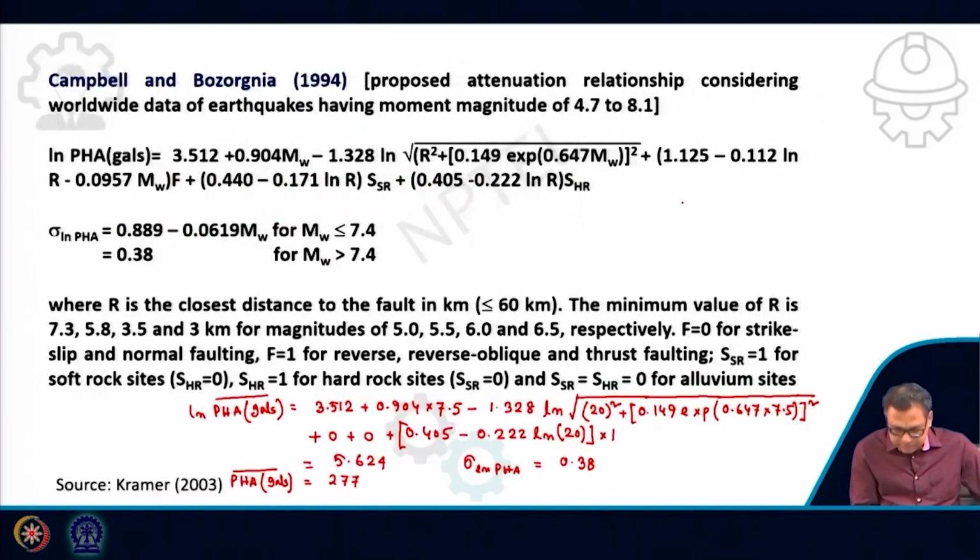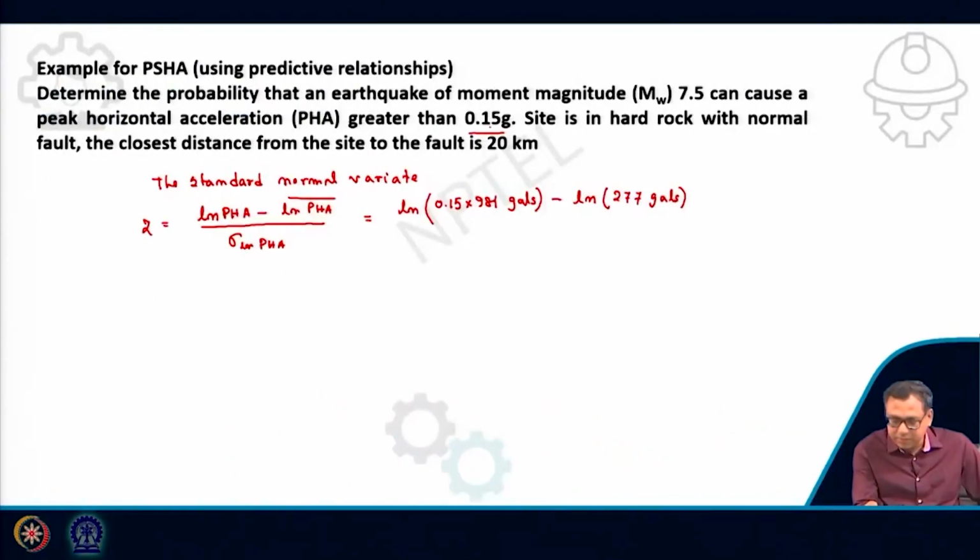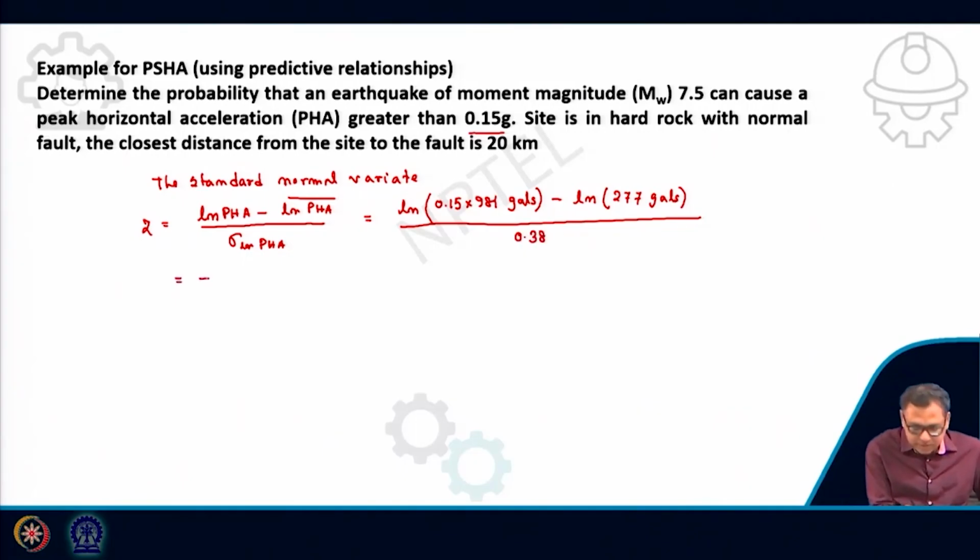Because I have already got this 277, and it is given in terms of 0.15 G, so I have converted that to gal. Now here it is 0.38, which I have already calculated. So this value will be minus 1.66, so this standard normal variate will be 1.66. Now the value of